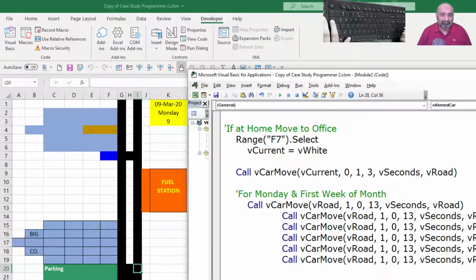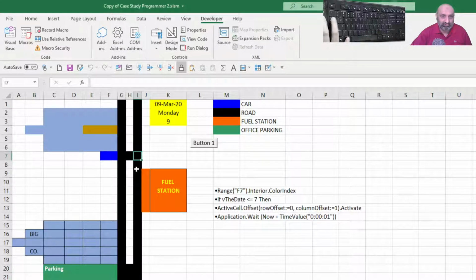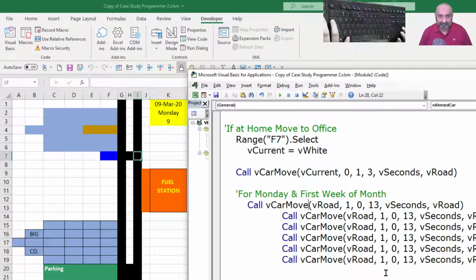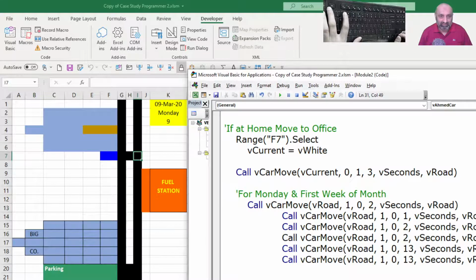So first step would be 2 steps down, one and two. So first will be 2 steps down, then one step right, it will reach the fuel station, and then 2 steps down again, then 2 steps down again, and then one step left, and then 7, I believe.